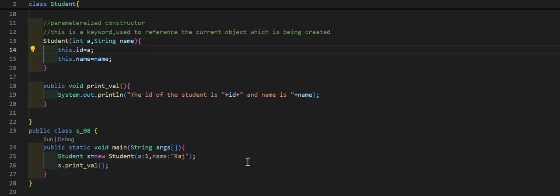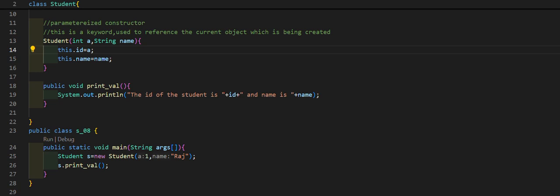Now, in the main method, I have created a Student object, namely s, new Student. Then I have given an id 1 and a name Raj. Now I will try using this particular object s to print the values of the id and the name for this particular student.